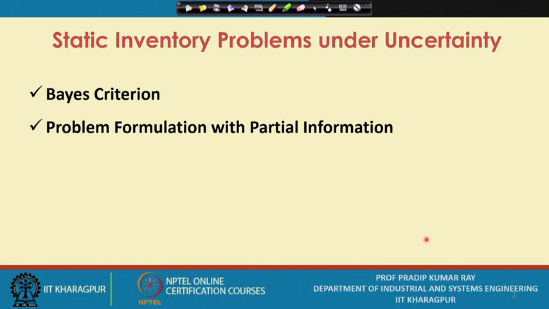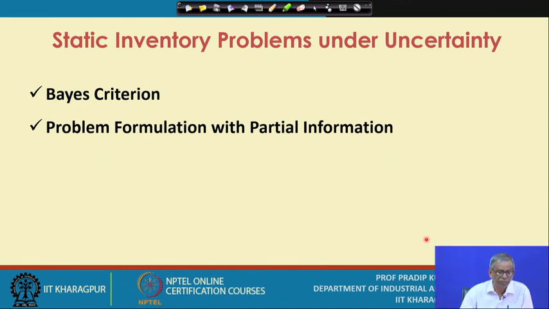So during this session on static inventory problems under uncertainty, I will be referring to two important issues. One is the Bayes criterion, and the second one is problem formulation with partial information. As you are aware, we have already mentioned that for this kind of problems, static inventory problems under uncertainty,